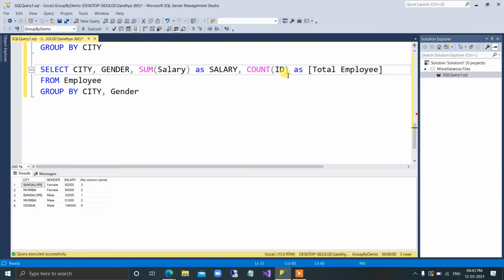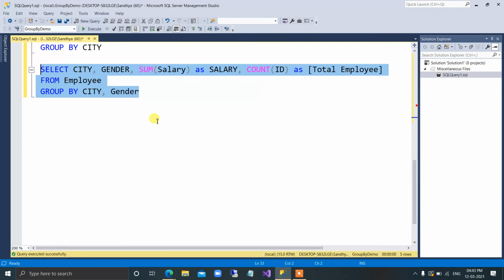These 2 columns I have mentioned here, group by city and gender. But here sum is an aggregate function which is used on salary. Count is an aggregate function which is used on ID. So I don't have to use those column names after group by. So this is the result you will get. It depends on what your desired result is, and depending on the desired result you have to write the query.